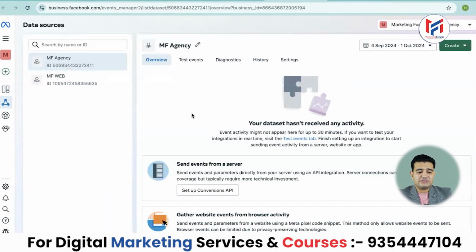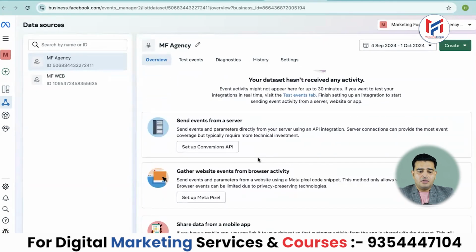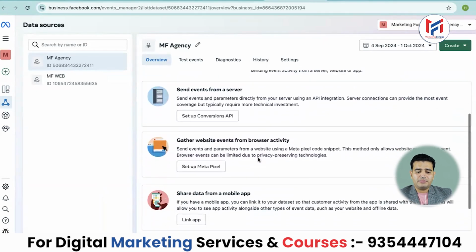now as you can see on the screen, there are multiple options. However, our focus here is to collect website events specifically from browser activity. Okay. We need to collect the data and track activities occurring on the website, capturing this information. To set up the